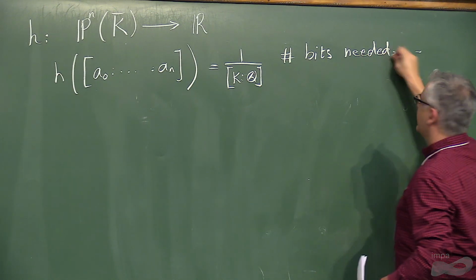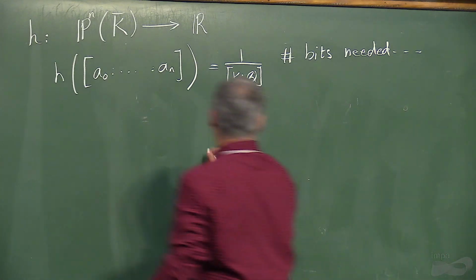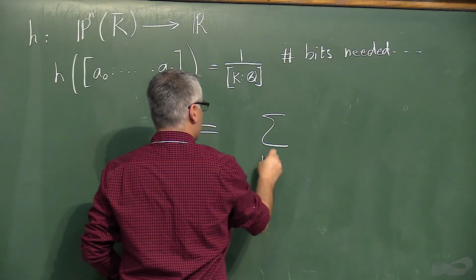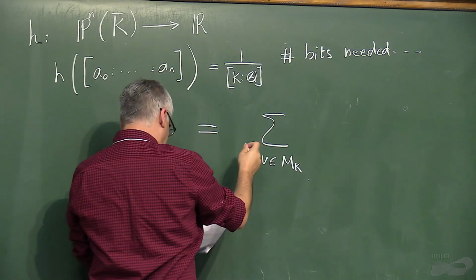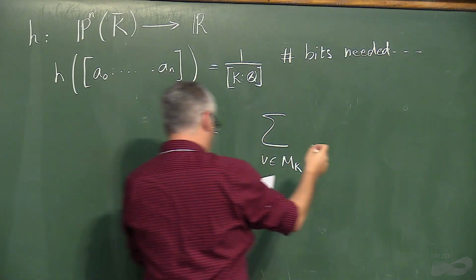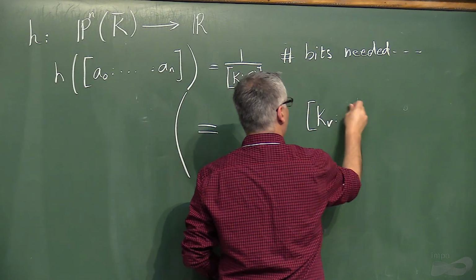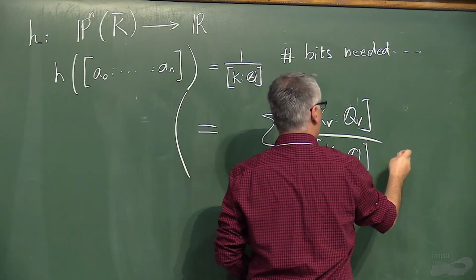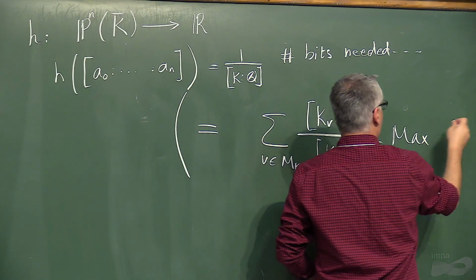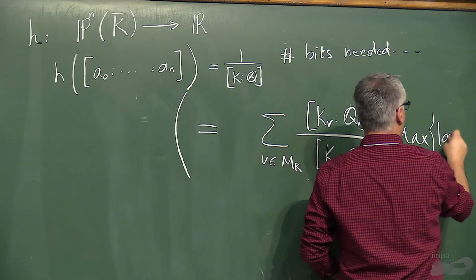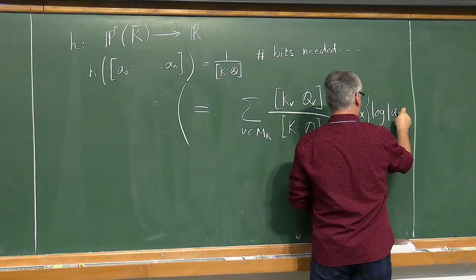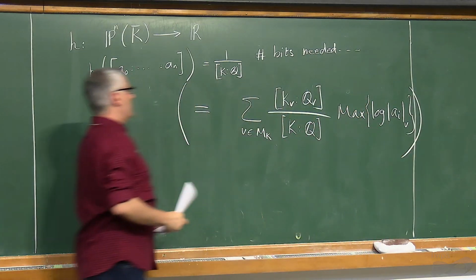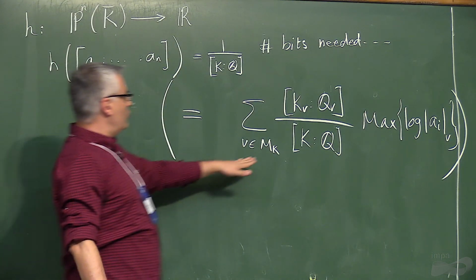It's needed to represent a number on a computer. I realize some people get really annoyed with this, so let me write a formula which is not crucial for my lectures. You can define it more mathematically. Let me write the formula and then say what each thing means. And then you want the max of the logarithm of... So for your number field, let's say in the case of Q, you have all the prime numbers you have to worry about